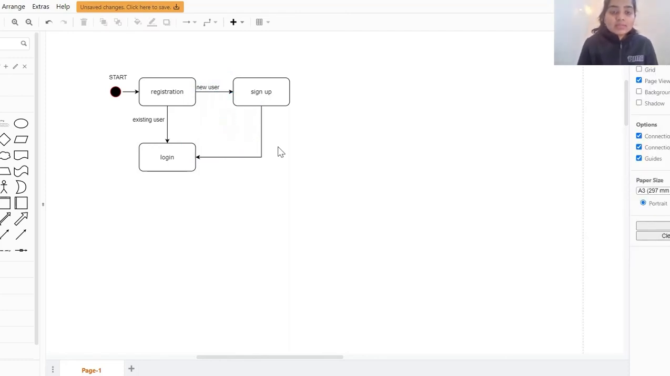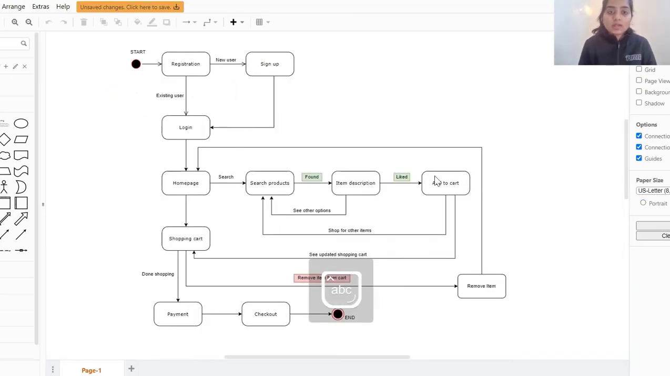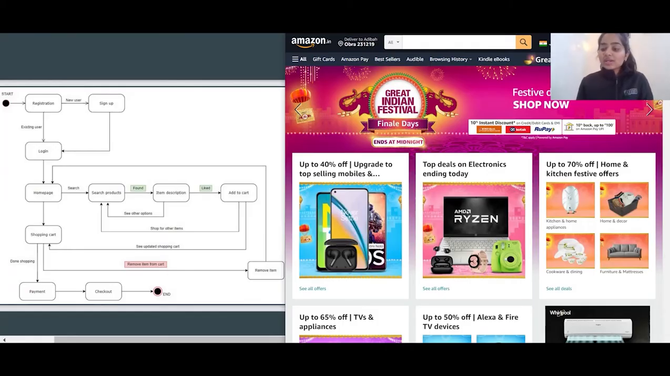And likewise, we'll create the state chart for each module and then combine them together to get our final state chart. As a result, here is the state chart that we have got by combining all the modules' state charts together. Now let us try to understand every single step of our state chart diagram using a real-time